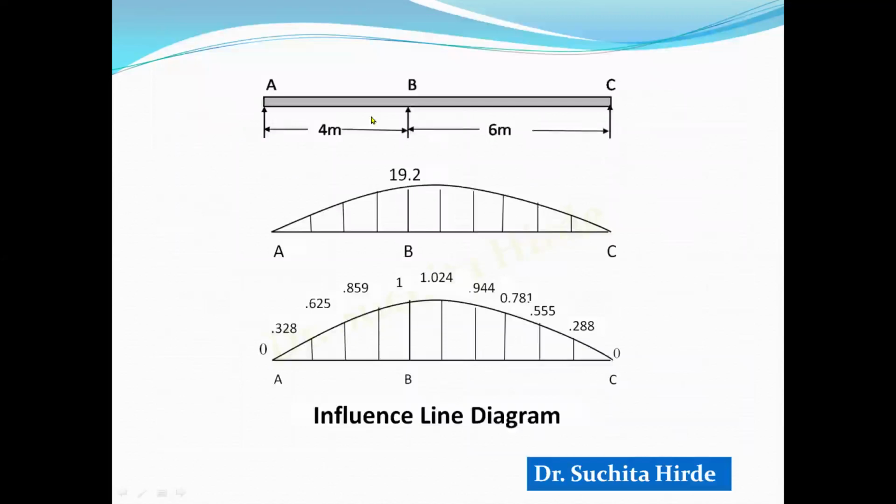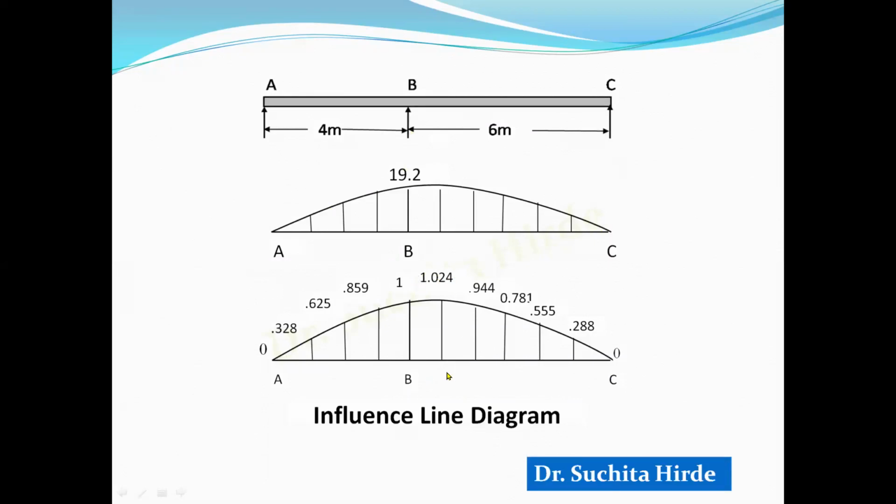So this is the given beam and we want to draw the influence line diagram for RB. First we get the deflected curve due to unit force at B, and after that, by dividing all the ordinates by this, we get unit deformation at B. When we get unit deformation at B, this curve is called the influence line diagram of RB. Now, some values may be more than 1. So don't get confused because of this.